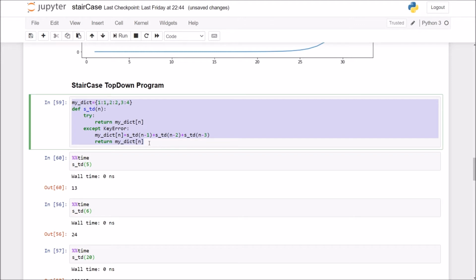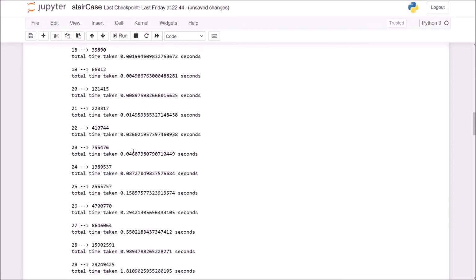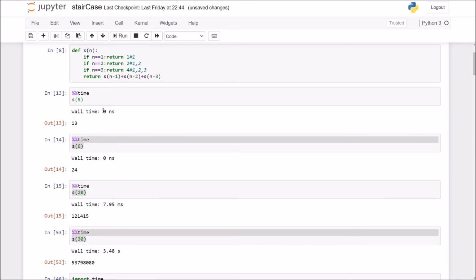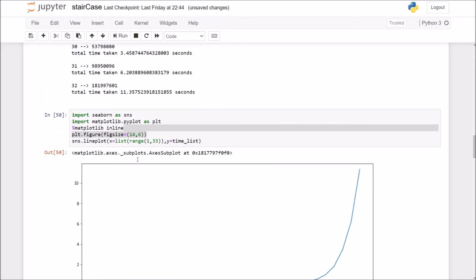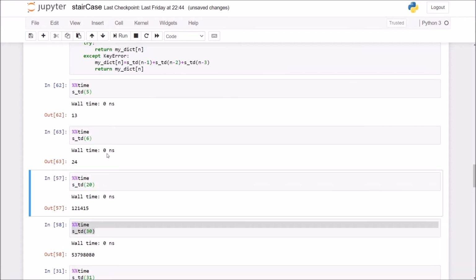Now what we will do is execute this program for some particular values of n and find out how much time it is taking, and we'll compare its time with the recursive version. So now let's start. For n is equal to 5, it is taking 0 nanosecond. And how much time was our recursive program taking? 0 nanosecond. Here for S of 6, it is taking 0 nanosecond, and using the top-down method, it is taking 0 nanosecond only. Actually it is not 0 nanosecond, it is a time which is much smaller than 1 nanosecond, and the computer is rounding it to 0 nanosecond.